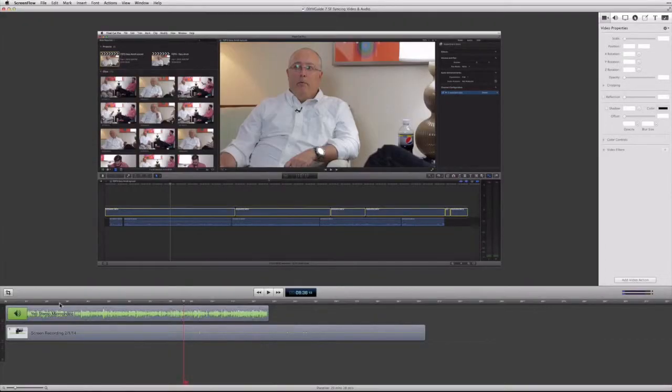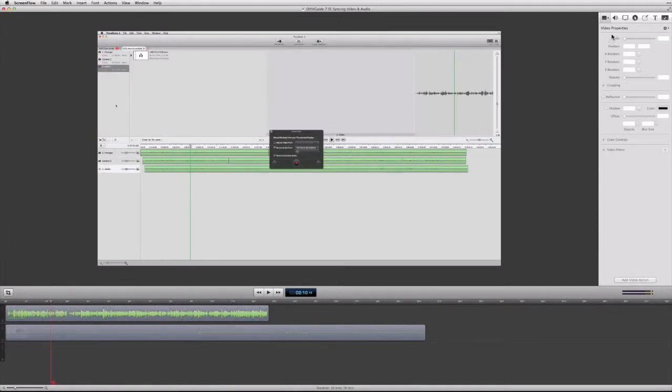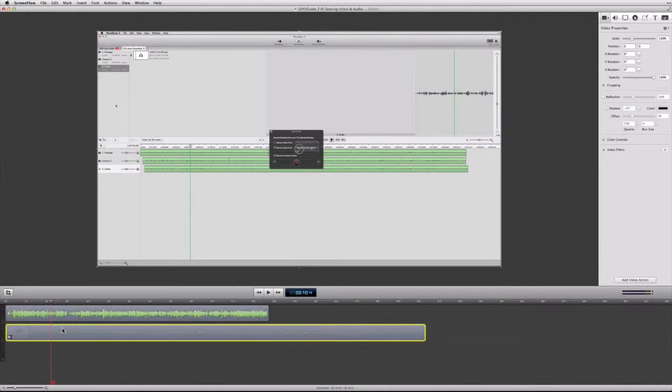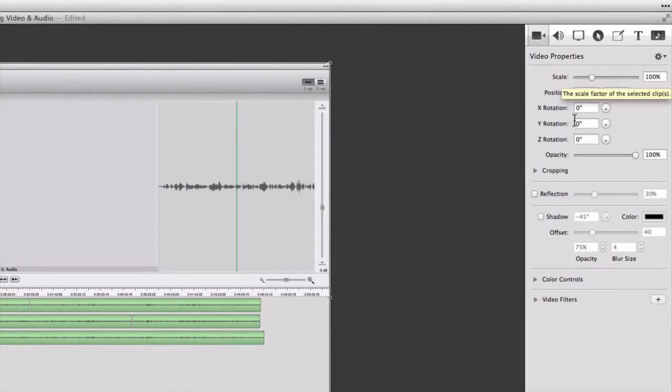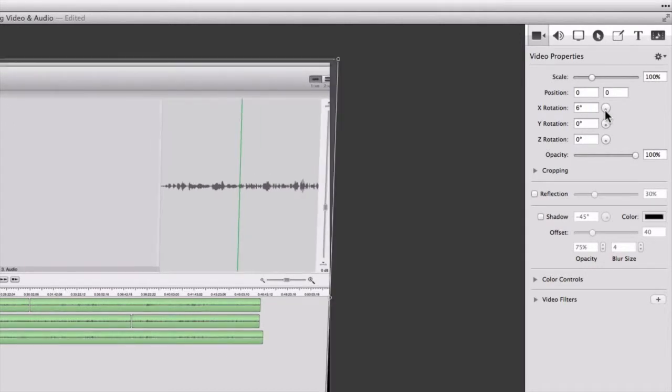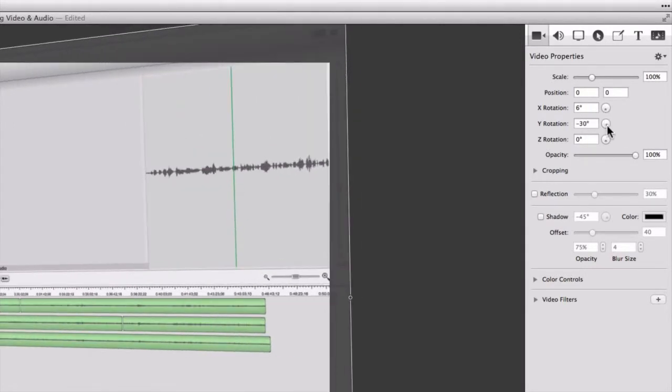So let's now look at what this right side panel does, all the different things you can do. So if I select the recording, and you can see it selected down here, you can then see I can drag it and rotate it and stuff if I want to. But once it's selected, you have a number of things you can do over on the right side. You can adjust scale, you can rotate it. So if you want to tilt it this way and have some cool effect,